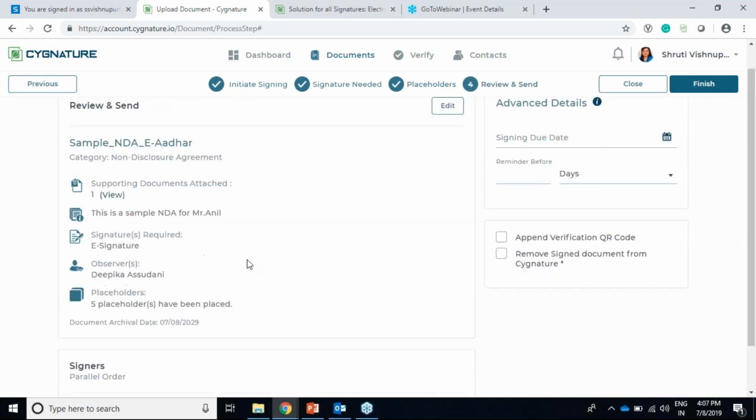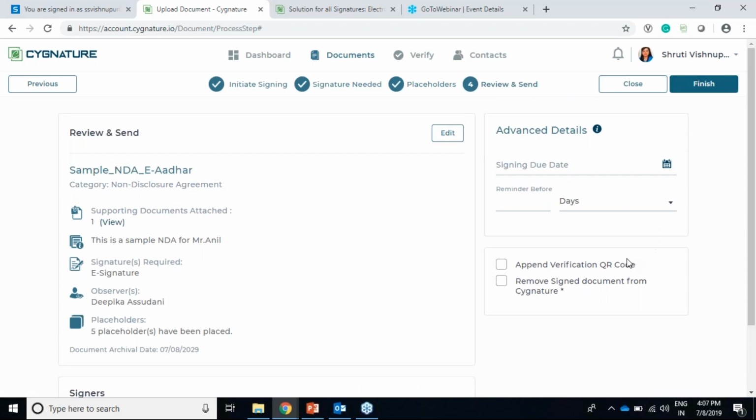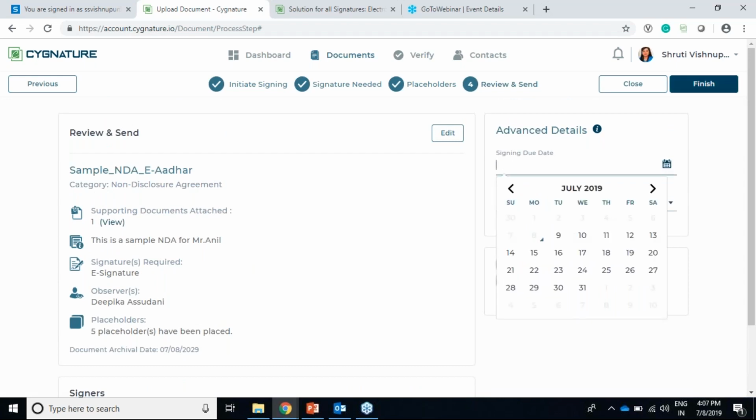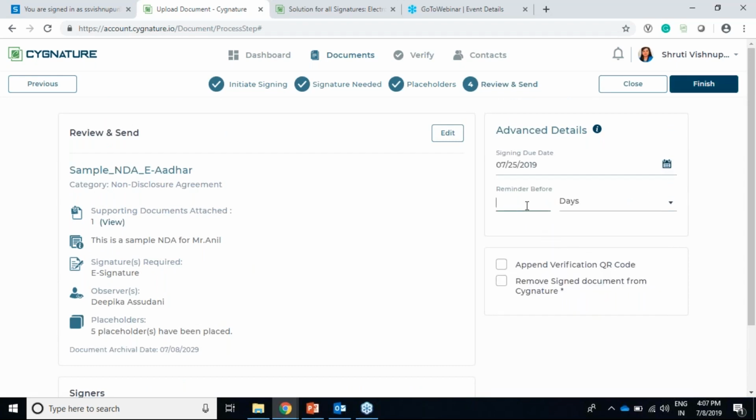Okay. So on the review page, we have added two more things here. You can just add a signing due date and a reminder here. So these two things are append verification QR code.